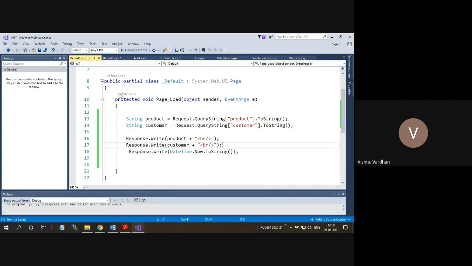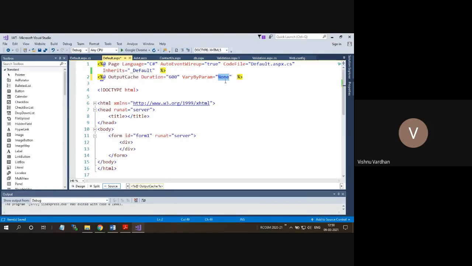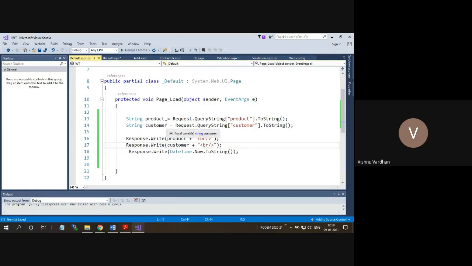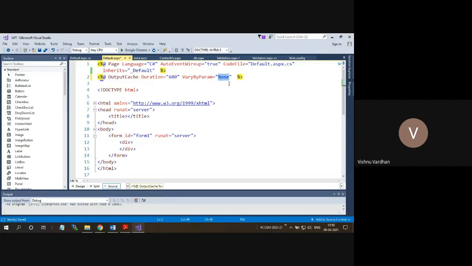Now what we are going to see is on the basis of the query string parameter. So this is one query string parameter and this is the second query string parameter. Based on the query string parameter, I want to create my cache object. Okay, so how to do that? Suppose for this product, I want to enable the caching. So here what you are going to write is products.